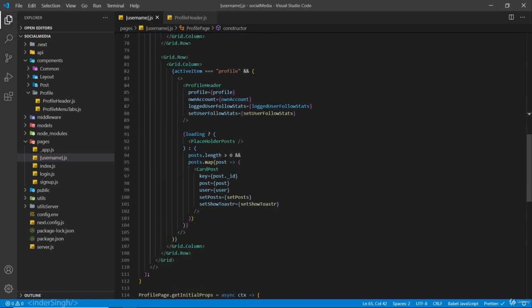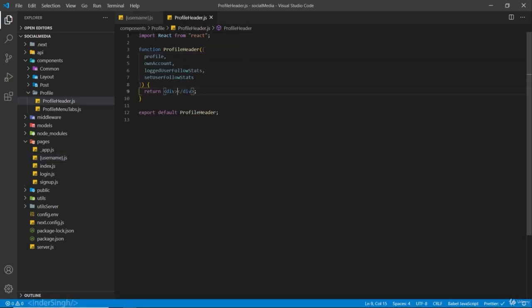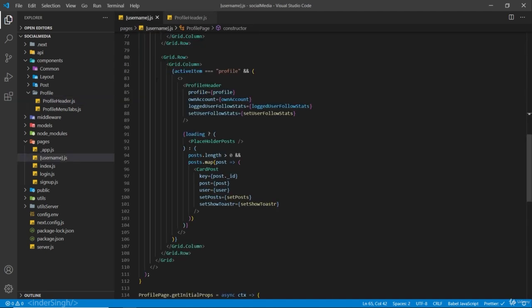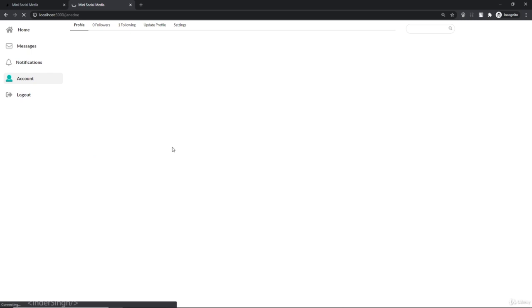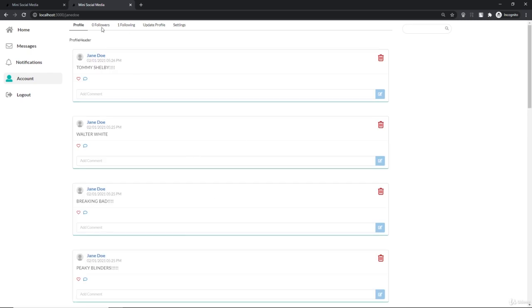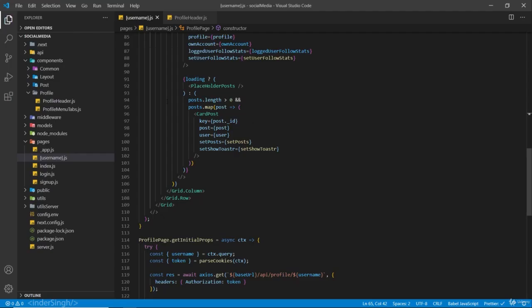So now let's create our profile header. We have already rendered out the post, so we can check if it works. And I'm going to add a return statement, profile header here, so we can see the component is working. Let's refresh, and you can see the posts are rendering out and the profile header is working. And now if I click on this followers tab, you can see the component is not rendering. And here where we are checking if the post.length is greater than 0,